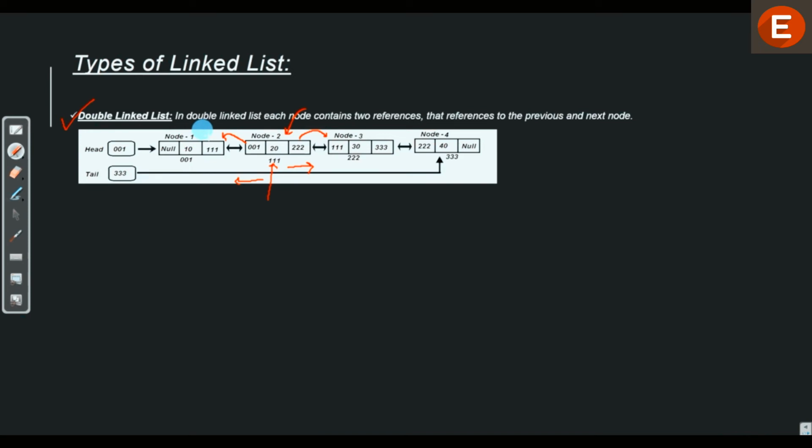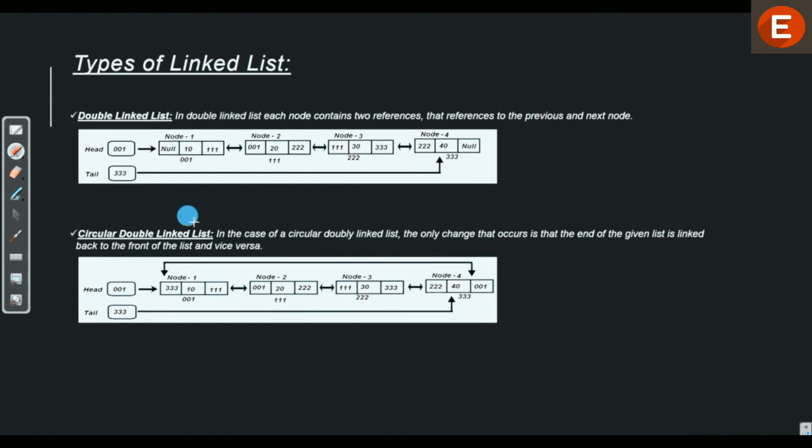But in a double linked list, node 2 also stores the address of node 1, which is 001. So from a given node we can traverse either right or left, depending on us. A double linked list gives us that extra flexibility of traversing in both directions.